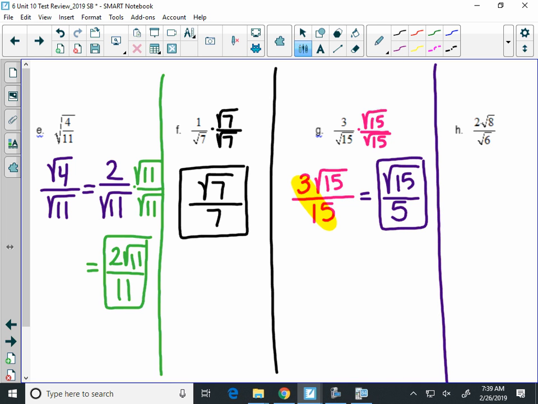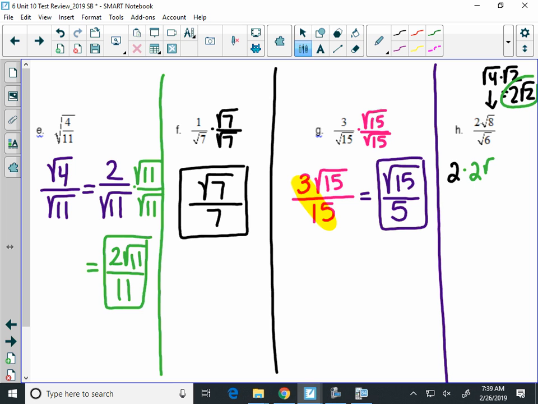All right, now this last one, 2 radical 8 over 6. There's a little bit of work here. First of all, I want to simplify the square root of 8. Right, the square root of 8 is radical 4 times radical 2, which simplifies to 2 radical 2. So I'm going to rewrite that as our coefficient of 2. I'm going to bring down that 2 radical 2 to replace